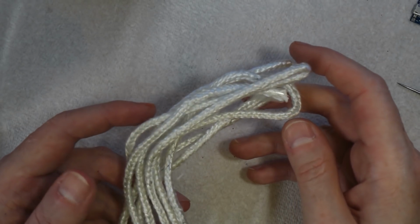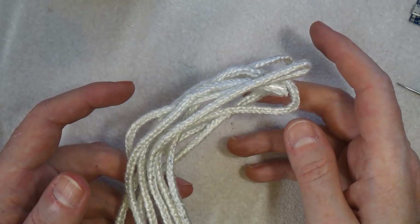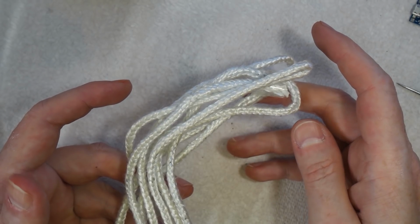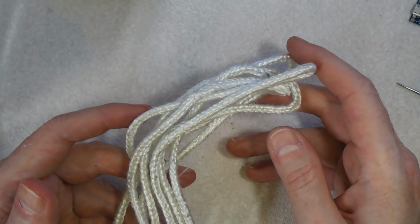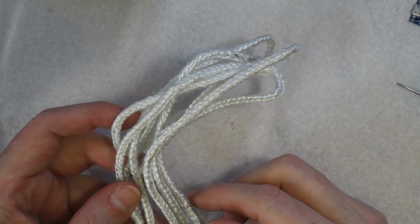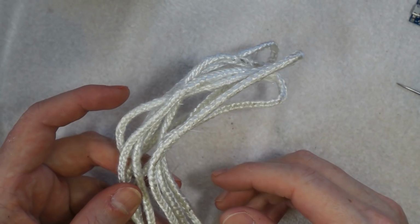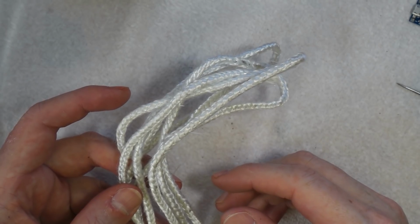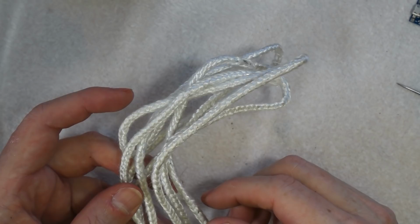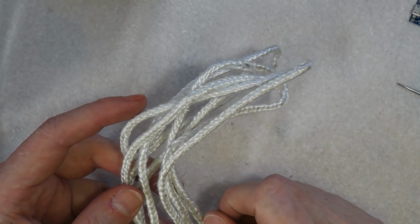You can also use this. This is fiberglass rope. And it's sold primarily to edge the doors on wood fires and things like that, because it acts like rope, but it's woven out of fiberglass. Now the nice thing about fiberglass is because it's glass, it doesn't melt, it doesn't burn. I think you have to get it up to something like 900 degrees before it starts to be affected by heat. So it can be very good for this kind of thing, and definitely for larger smoke machines, this is the stuff you want to use. I think for what we're doing, I'm going to use a bit of this